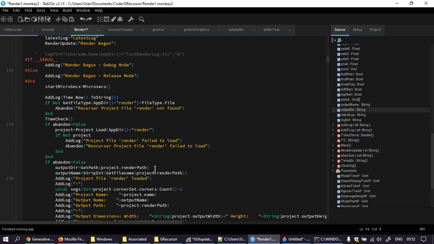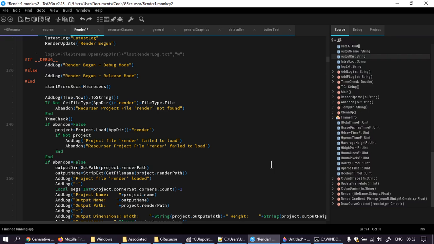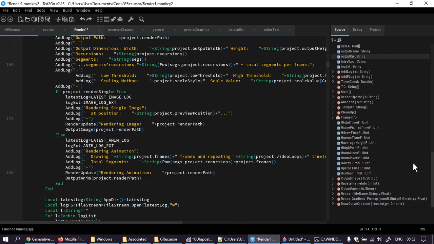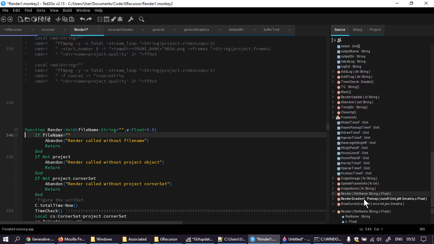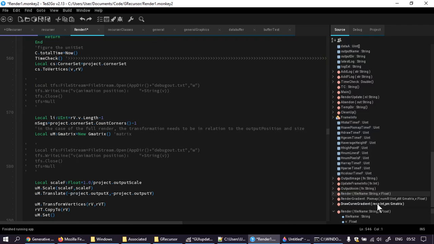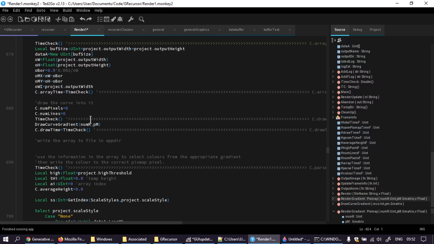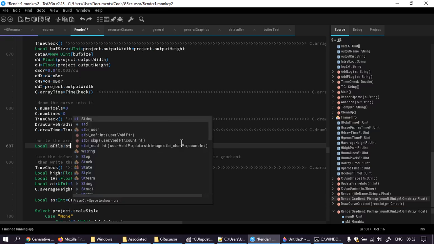Get path, render path, yeah. So it's output directory plus